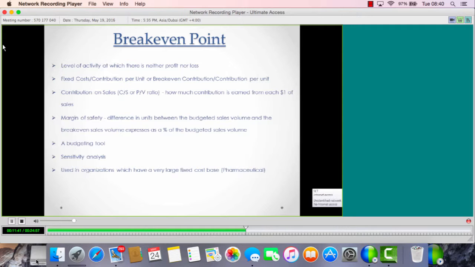When you budget, you might need to know how many units you need to sell in order to break even. So that is used as a budgeting tool as well, right? Yeah. Sensitivity analysis is now, say for example,